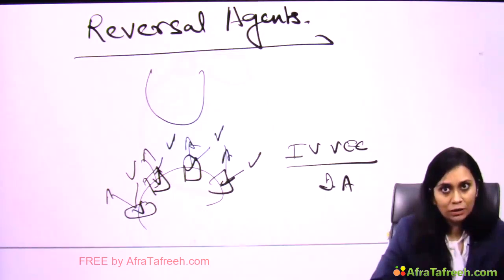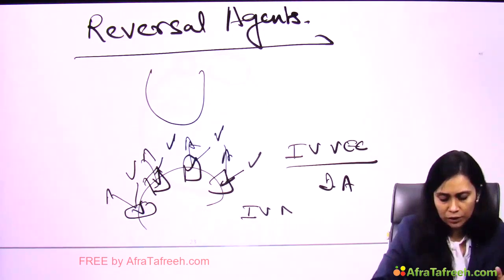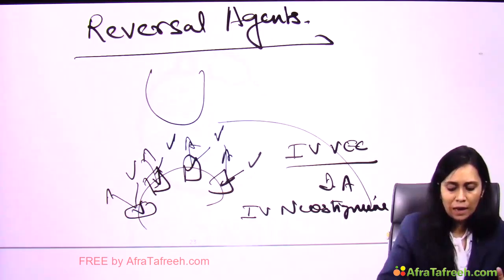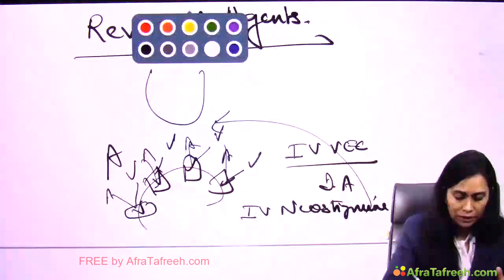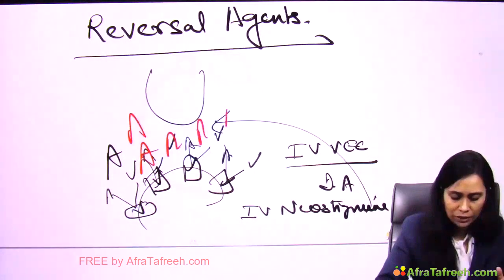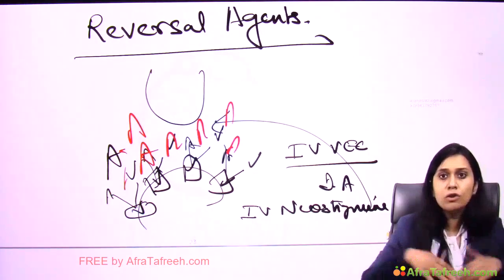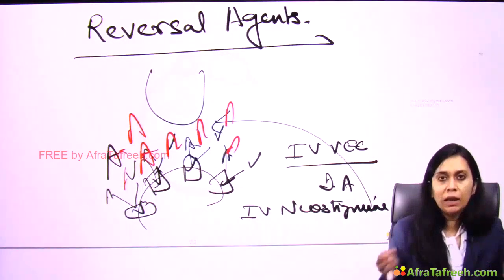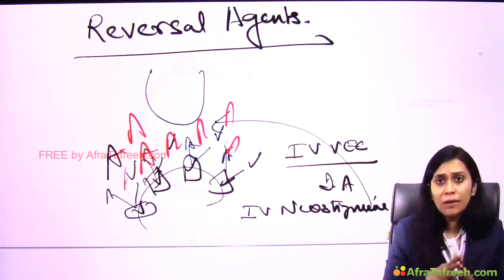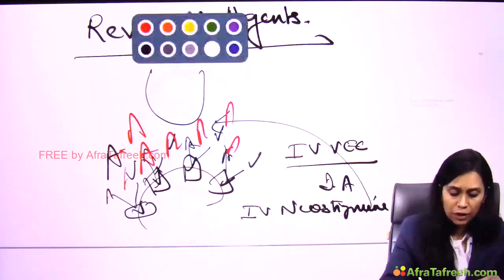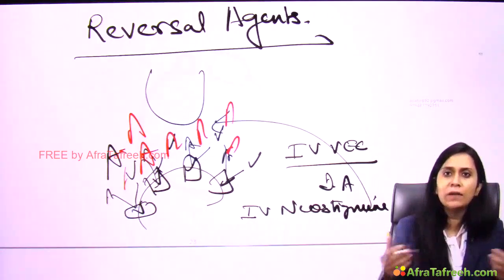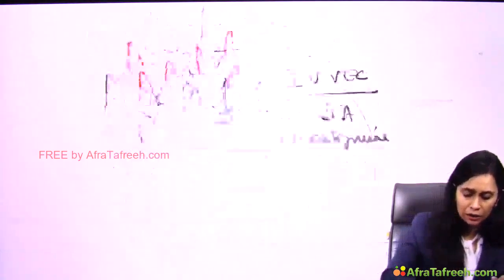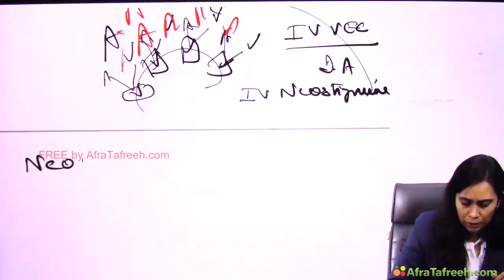If I want to reverse, of course, I give IV neostigmine. What does neostigmine do? Neostigmine stops the action of acetylcholinesterase and recruits acetylcholine in huge numbers at the neuromuscular junction. It outnumbers vecuronium immensely, and the reversal is good. Even if I don't give neostigmine, I would get a reversal, right? Just to help for a good reversal, I'm giving neostigmine, right? And neostigmine which I'm using for reversal,